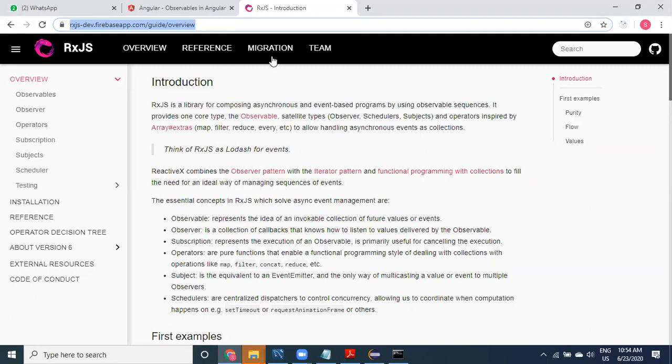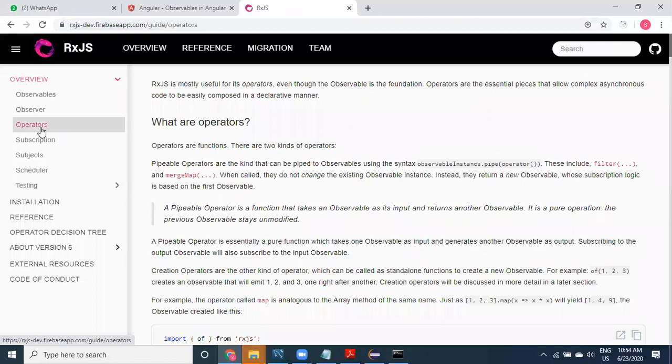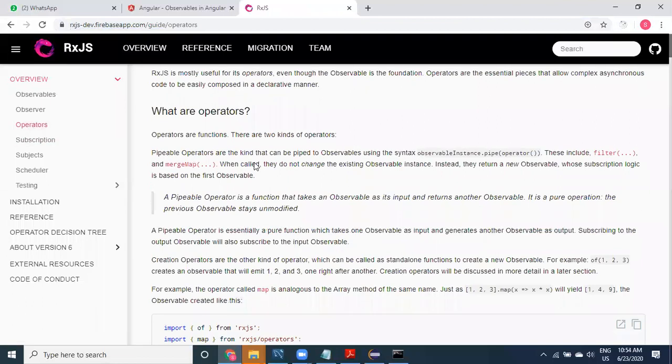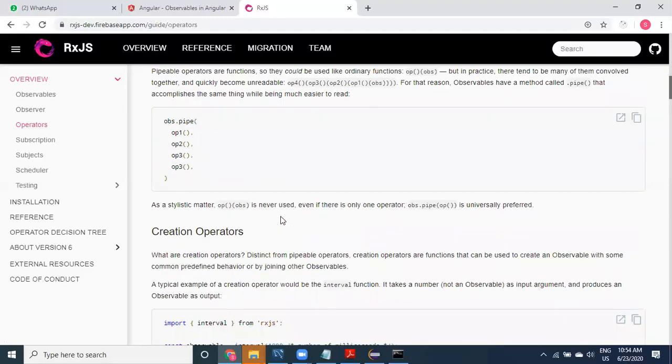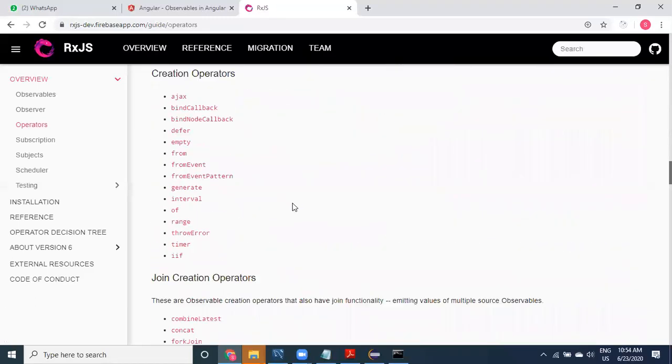Now in RxJS, there are so many things. If you go to operators, this is where you have to learn, but you don't need to learn all of these.